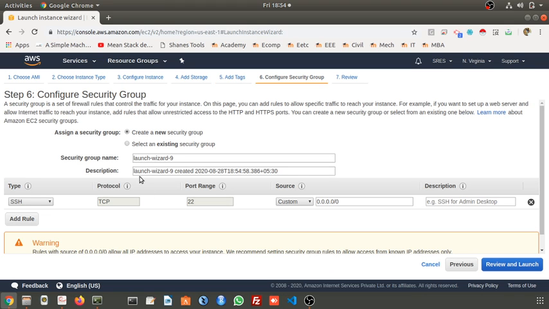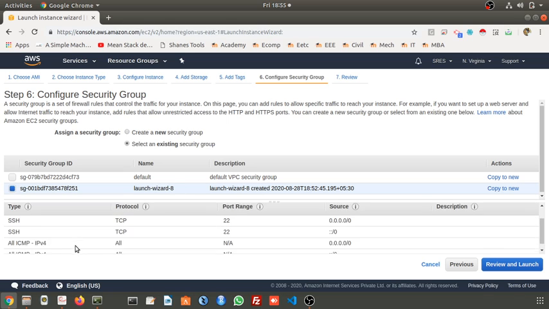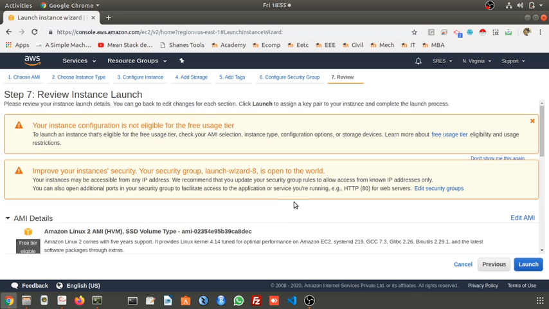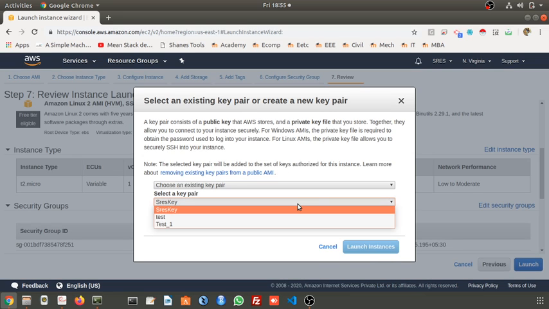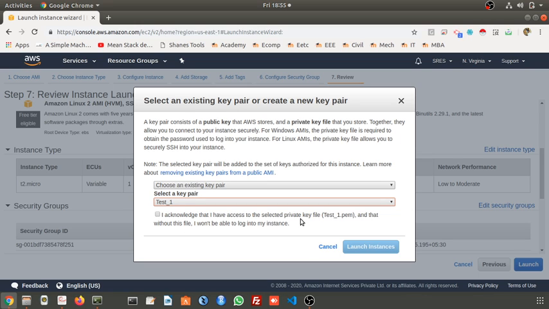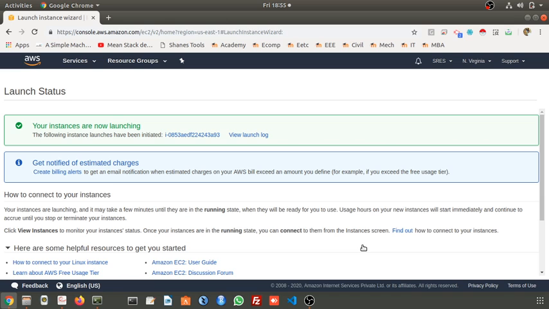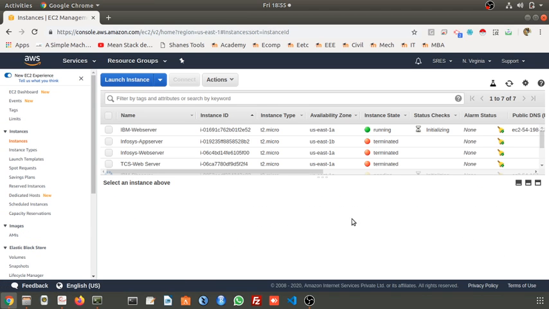I will take this existing security group, which we created earlier. We forgot to give the name, it is launch wizard 8. It has SSH as well as ICMP. Review it, launch it. Just select the existing key pair, launch it. Now two servers are deployed.